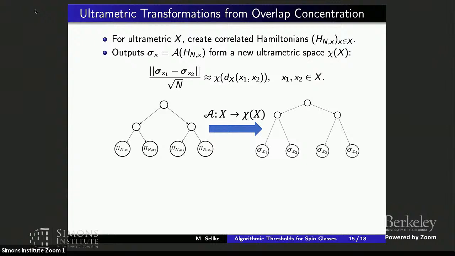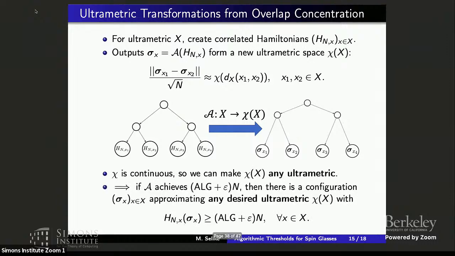And overlap concentration is going to say that if I apply my algorithm, then all of the distances will transform deterministically. This means that I'll get a new ultrametric space just by applying this transformation function chi to every distance. Chi you can show is continuous. So that means that we can get any ultrametric we want on the right-hand side as a structure of outputs